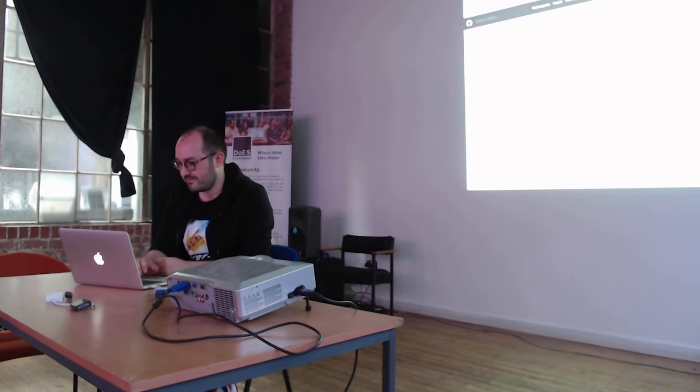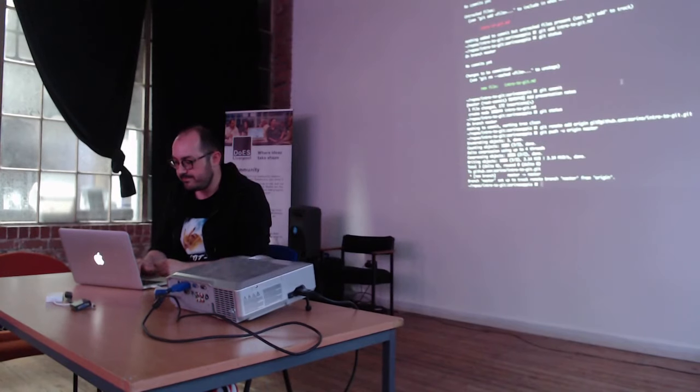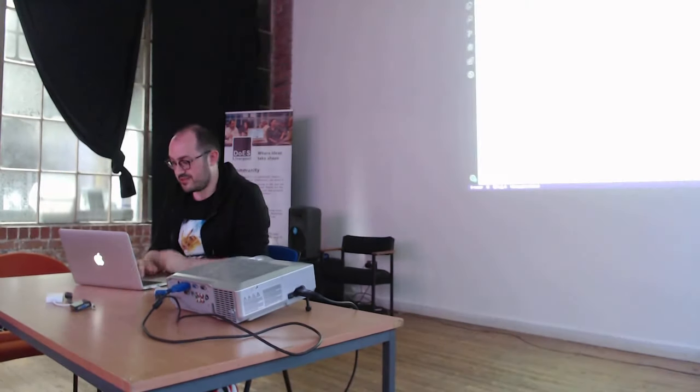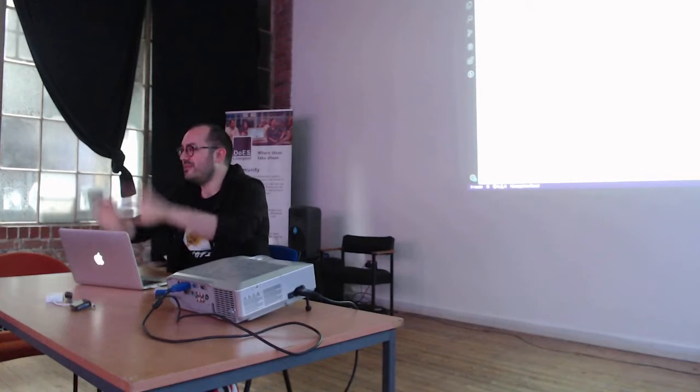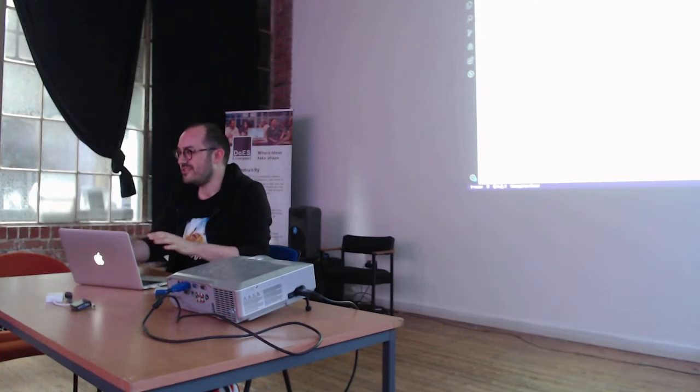That's what's happened. So those are the 5 steps to creating a Git repo. So you could all leave now, and you would know how to start a new Git repo.